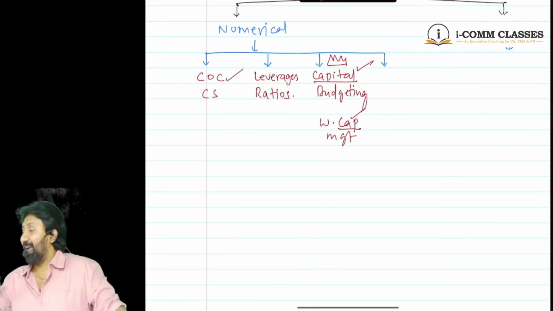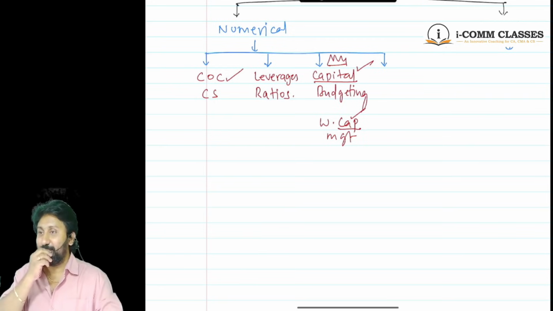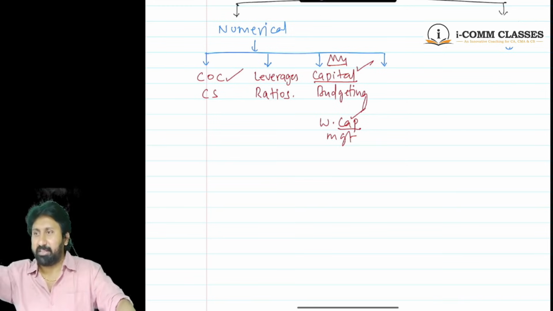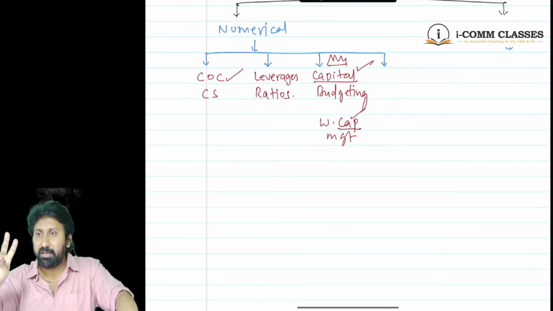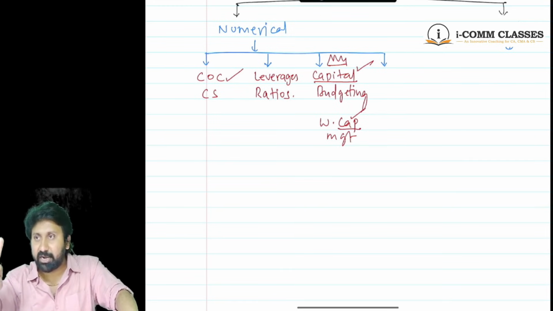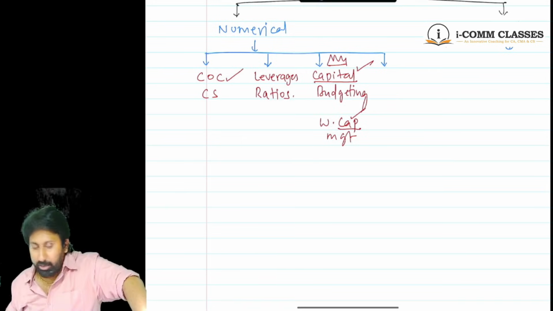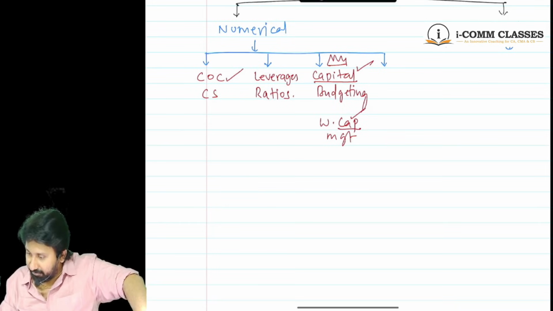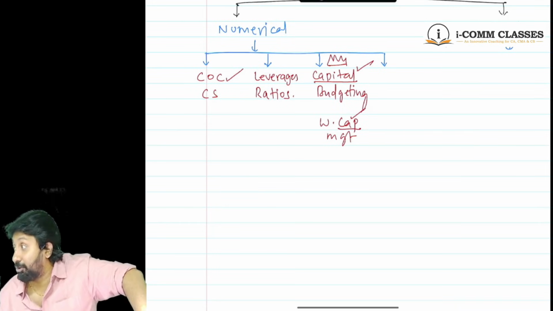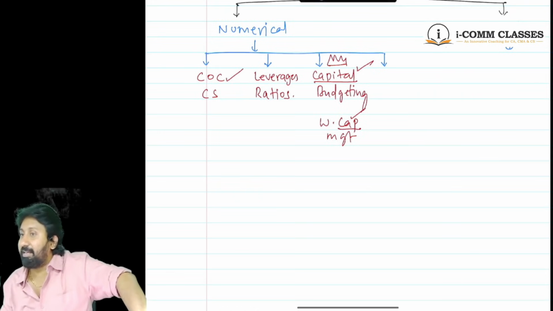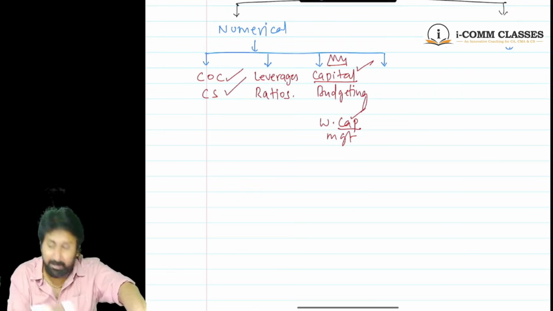Companies raise finance mainly through three sources: equity, debt, and preference. So many are there, and we will see that in another chapter. Now the problem starts. If I want to raise finance through equity, debt, and preference, all three or any two, which is good? Which structure is correct? That's why the capital structure chapter came.